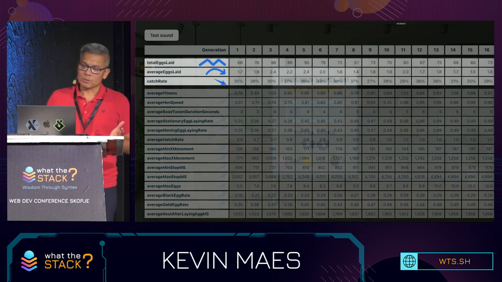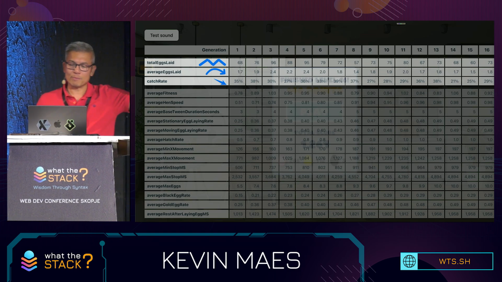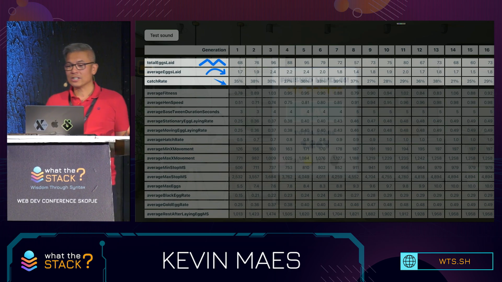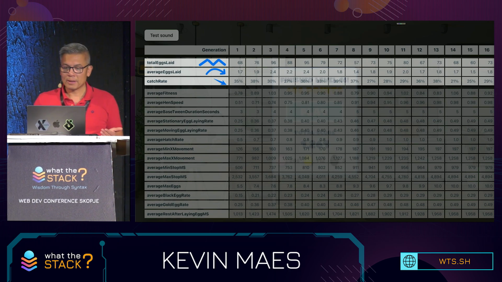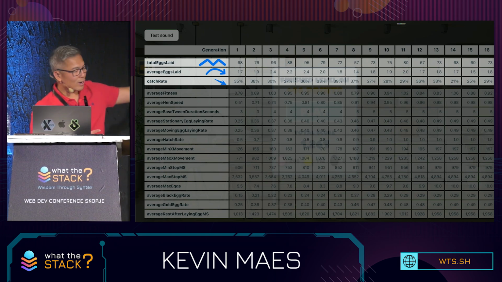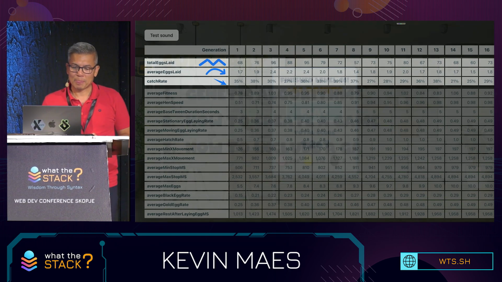But it wasn't all good news. The total eggs laid seemed to be just sort of up and down. The average eggs laid per hen kind of did a bell curve. But as a little bit of a silver lining, the player's catch rate generally did trend downward over time, even if it wasn't as steady as I had hoped. Just one note, this is from one player over 16 generations. There's a lot more work to be done here.